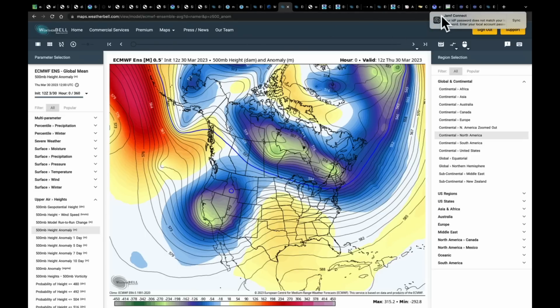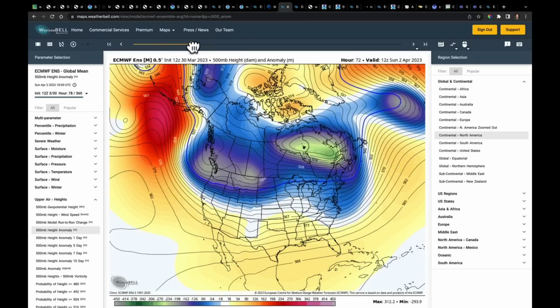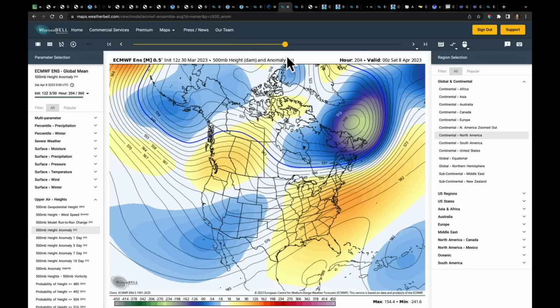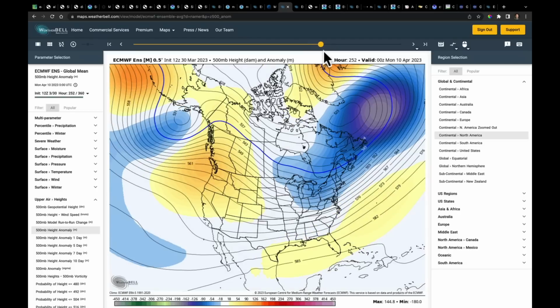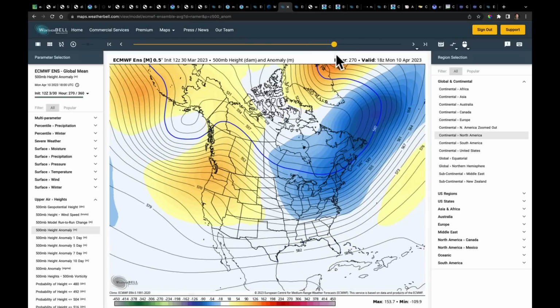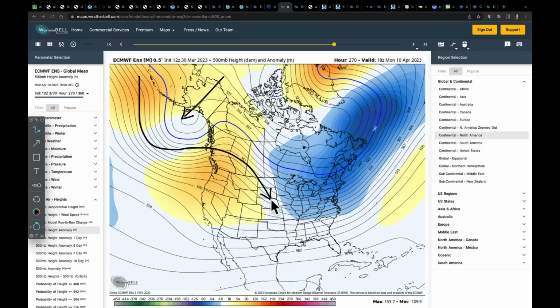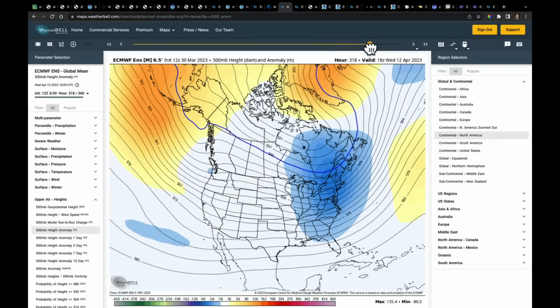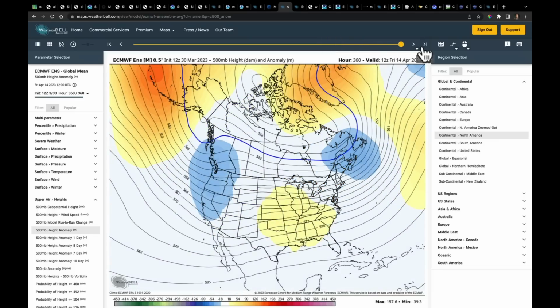And what we see as we kind of play this forward is that the pattern isn't really showing that. That's the big system on the 4th. There's still a trough here, weak ridging over the Gulf. But the pattern begins to loosen up a bit because of this trough. So the flow goes around and over. But that means the colder air has to get displaced east before it goes anywhere else. So the West Coast starts to see a mild trend toward the middle of the month